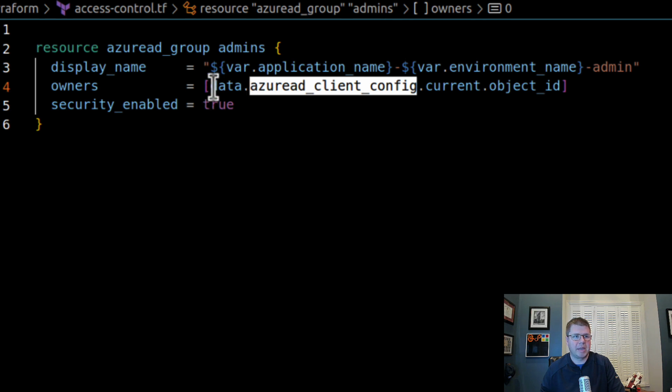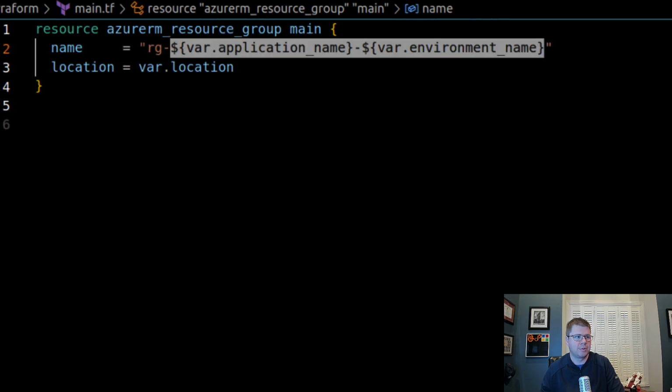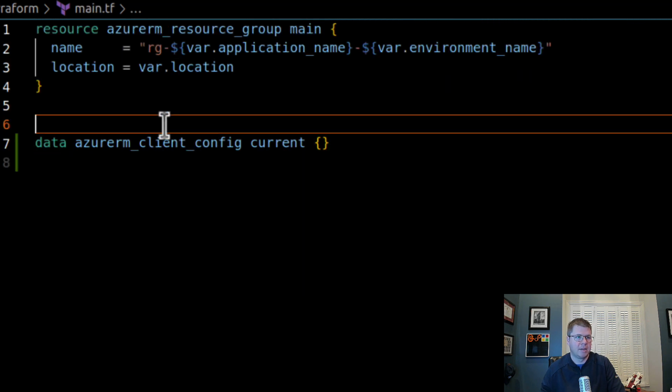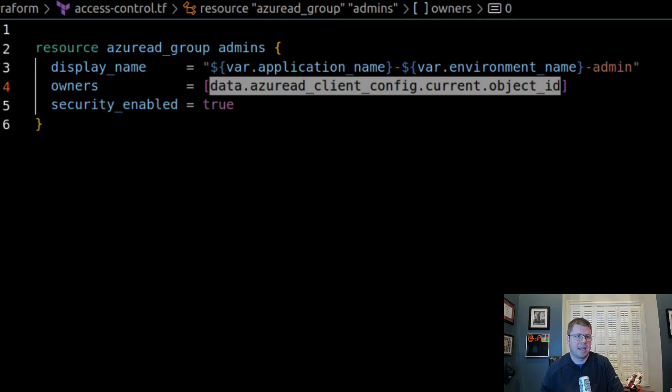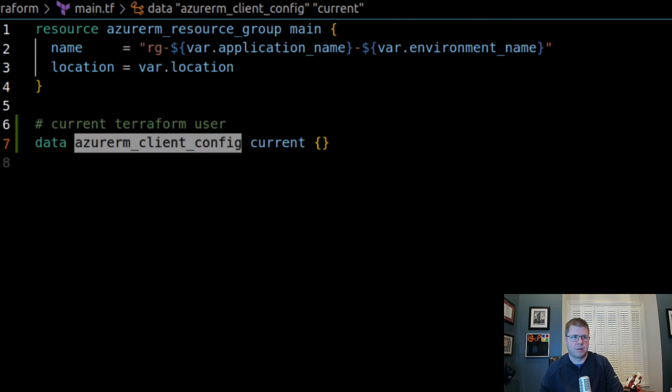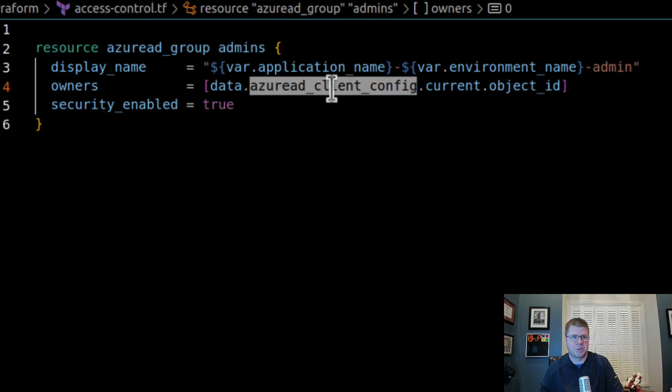So for the owner, they want to make the owner the Terraform user, which I'm cool with. We don't have a reference to that, but we do have a reference to this guy. I'm going to move this to a more appropriate location, main. So this is the current Terraform user, and it's the Azure RM client config. On other episodes, I've mentioned that we can use the Azure RM current client config and the Azure AD client config kind of interchangeably. But you don't want to do that